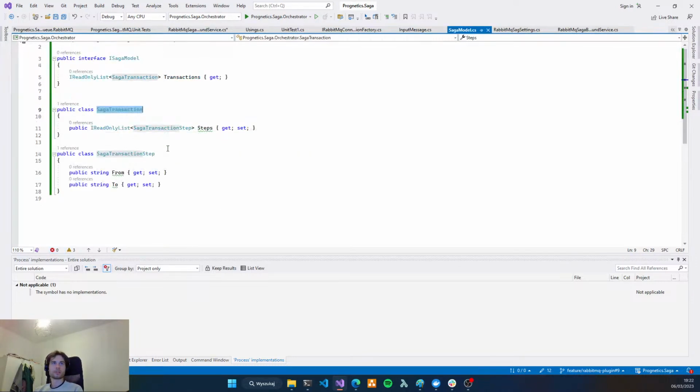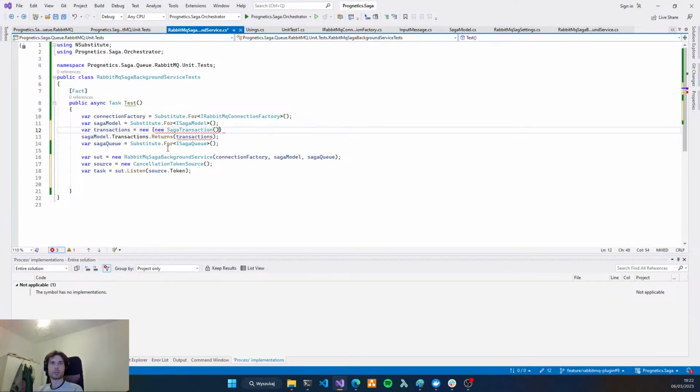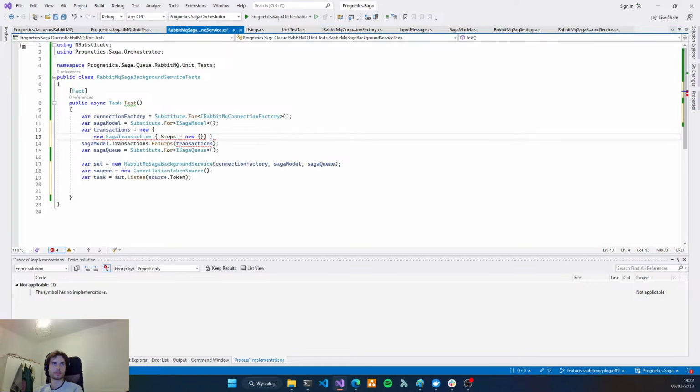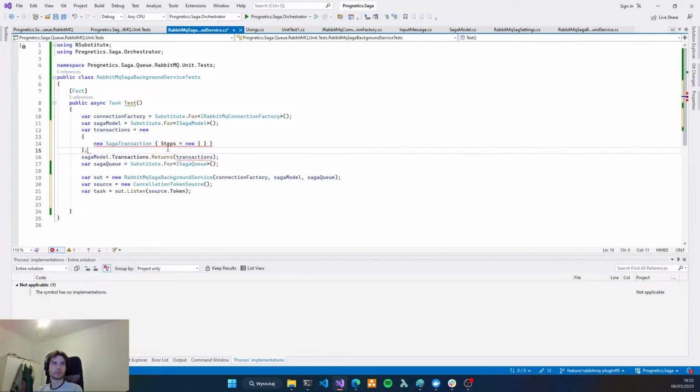And for our SAGA transaction, we want steps. Let's create 3 steps. Okay, let's format this for better understanding.